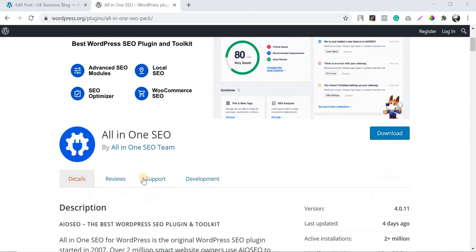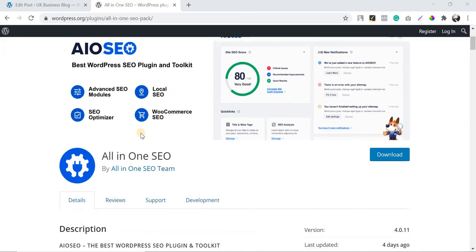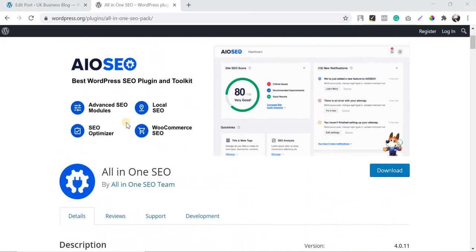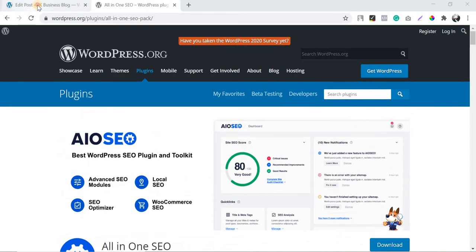So obviously, if you are working in the blogging niche or WordPress, you should be aware of this plugin. It is used to do the on-page SEO perfectly for a page or a blog post which you are publishing in WordPress. So in this video, I'm just going to share some tips through which you can make the on-page SEO perfect. So let me get into the point directly.